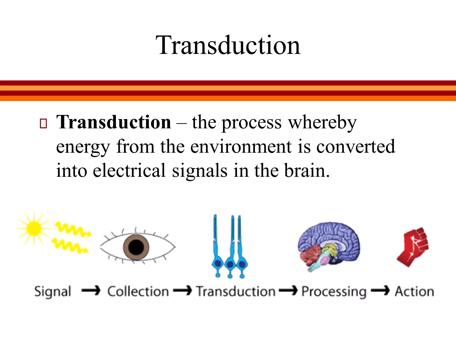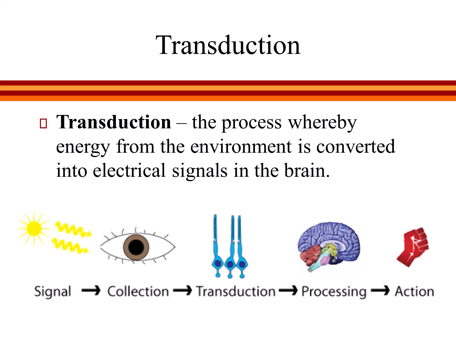When a stimulus crosses the absolute threshold and is registered by our sensory organs, it causes neurons to fire, just like we learned about in the previous module. This starts the process called transduction, where energy from the environment, in the form of light waves, sound waves, mechanical touch, etc., is converted into electrical signals that the brain can understand.